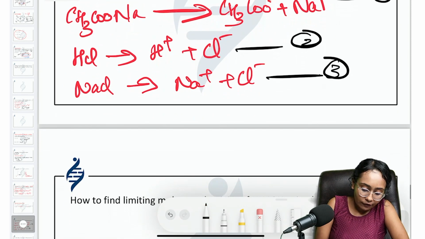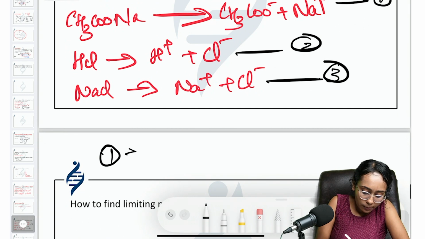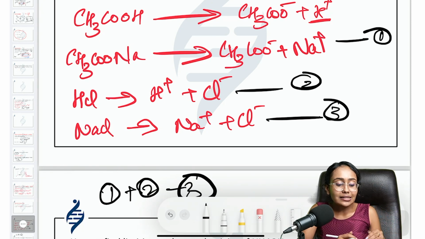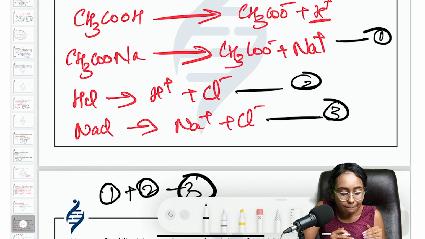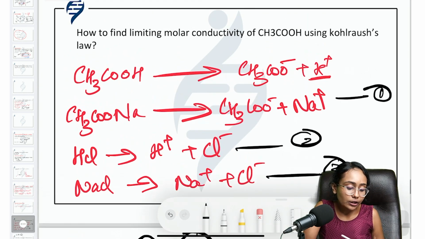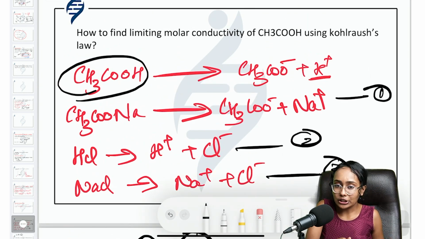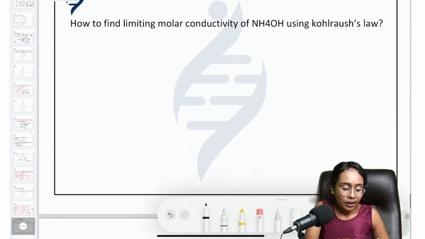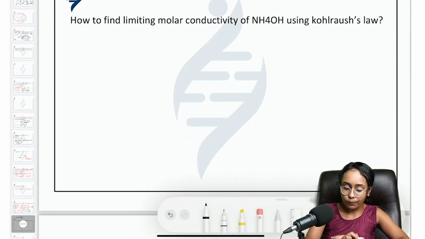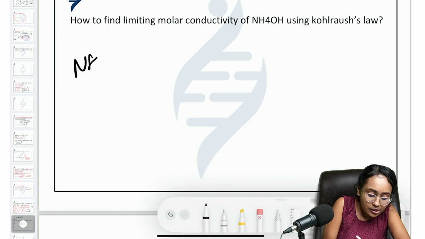So now what I have to do is 1 plus 2 minus 3, that is CH3COO minus and Na plus, plus H plus and Cl minus, minus Na plus and Cl minus, will give you the limiting molar conductivity of CH3COOH. This is the way you need to approach such kind of problem. How to find limiting molar conductivity of NH4OH using Kohlrausch's law? NH4OH. So just as we have done,